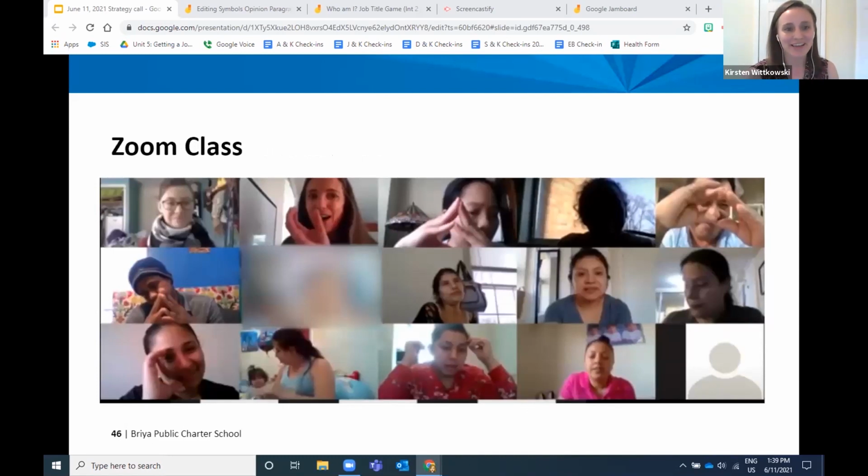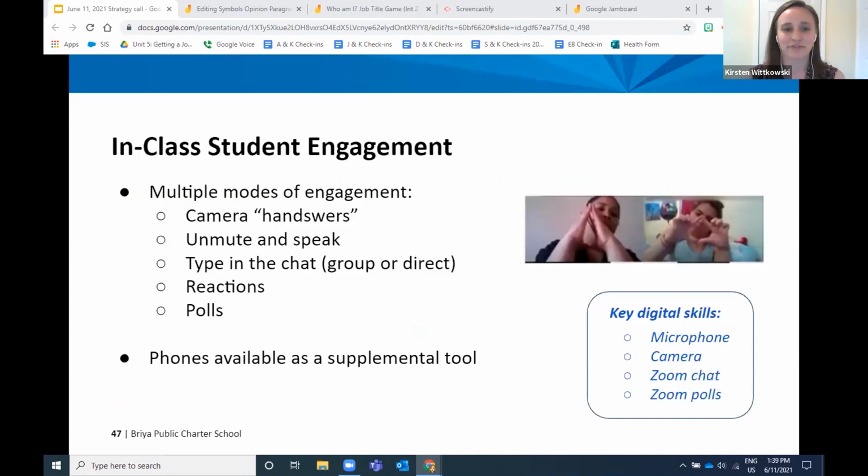All right, so next, looking at Zoom class. There are a couple of tools in particular that we found really made Zoom class a lot more engaging for all students. So the first is sort of best practice to provide multiple modes of engagement. And we really tried to take advantage of all of the different ways that students could engage in class, taking into consideration their different levels of digital literacy,